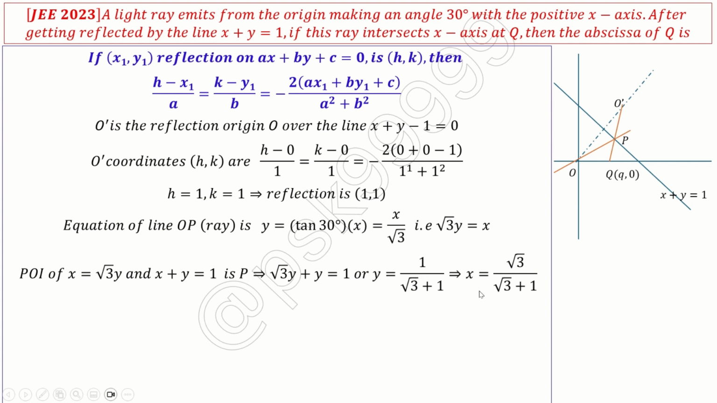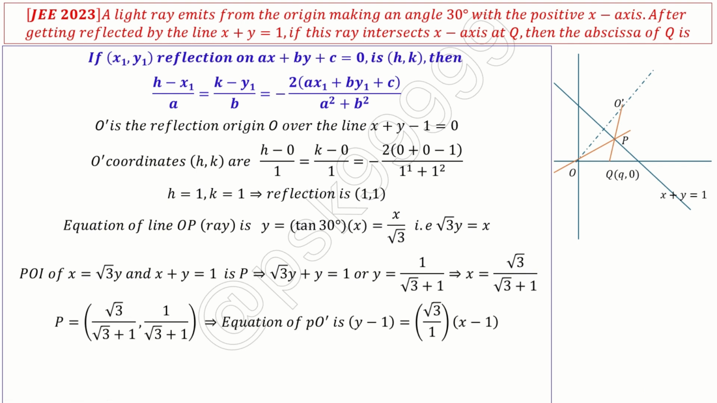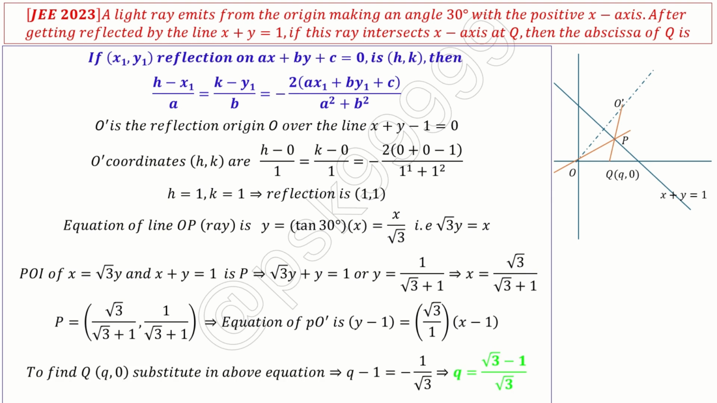Okay, now I know 2 points I have, so I can find out the equation of the line. The equation of PQ dash is y minus 1 equals root 3 by 1 into x minus 1. Now I should substitute my q comma 0 in this, so that I can get the value of q. Okay, so if I substitute q comma 0, q minus 1 equals minus 1 by root 3, because x